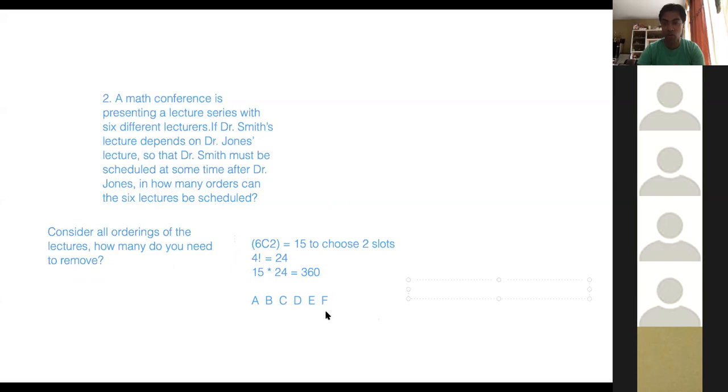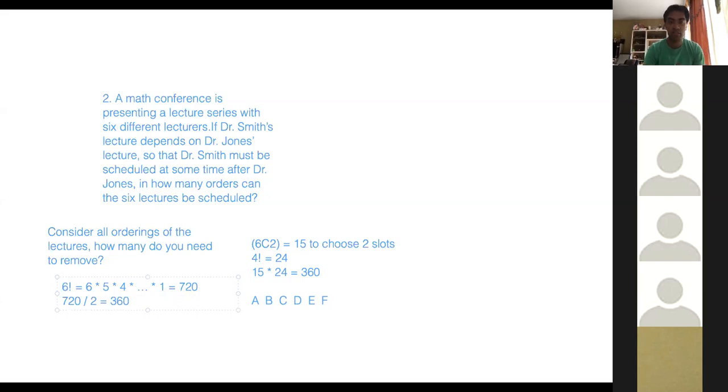So another way to think about this is I have all the lectures, and I can do all possible orderings. In half of them, Dr. Jones will be before Dr. Smith, and in the other half, Dr. Smith will be before Dr. Jones. So all the possible orderings will be 6 factorial, or basically six choices for where the first lecturer would speak, then 5 for the second, and so on. So this is 6 factorial, and I just have to divide this by 2